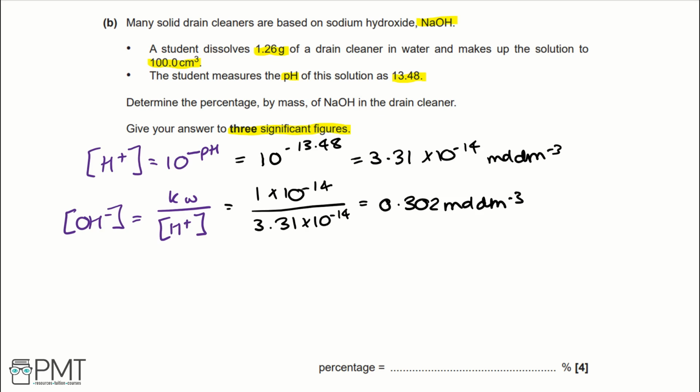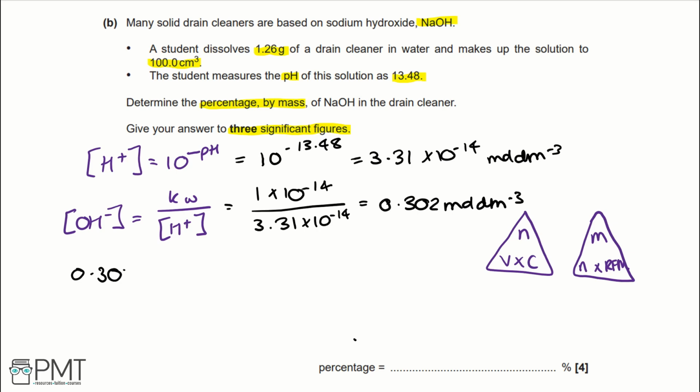Next, we need to focus on how we can calculate the percentage by mass of sodium hydroxide in the drain cleaner. In order to do this, we need to use 2 equation triangles, our first being n = V × C to work out moles, and our second being mass is equal to moles times RFM. So firstly, working out moles, that would be concentration 0.302 times by volume, which is 100. We're given that in the question, as we're told that's the volume the student makes a solution up to. But we're told it's centimetres cubed, and we want decimeters cubed, so we need to times by 10^-3 to get